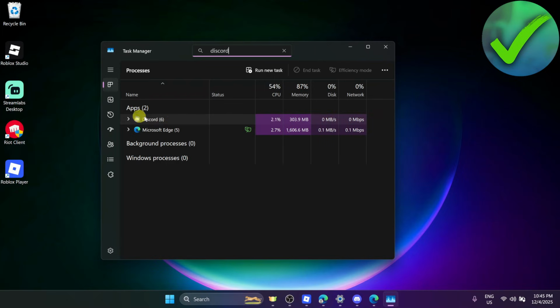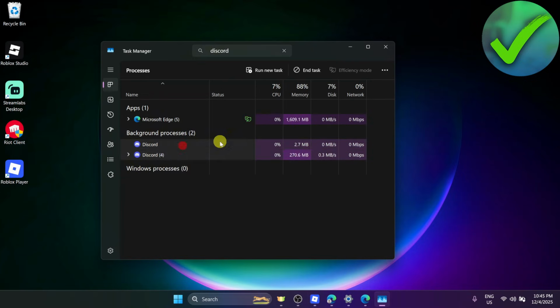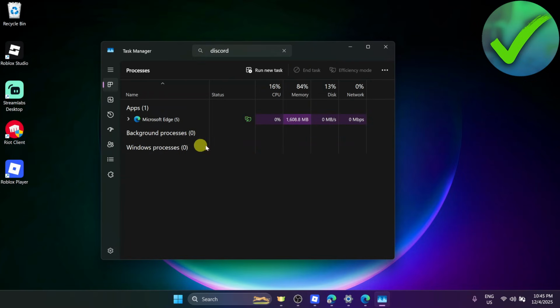So as you can see, I have a Discord running on my PC. So what we're going to do is to right click on that and then click End Task. So all you have to do is to do it once again if you see any Discord that is running on your background. And then once you do that, once you have closed all of the Discord that is running